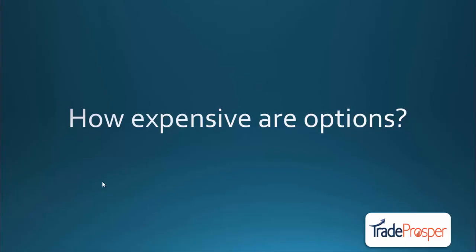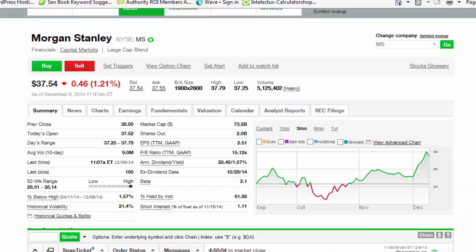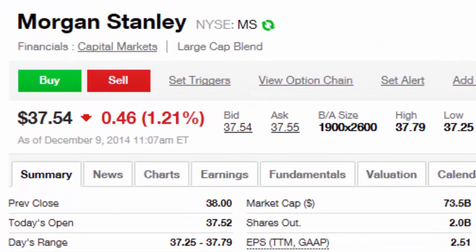All right, so I know your immediate question is, how much premium is it going to be exactly? Now, the example we used in this case is Barrick Gold, and rather than trying to scroll back in time to match the option prices exactly to this scenario, to see how it would have worked, I just took a current scenario and I looked for a share that's kind of in the same price range. So I found Morgan Stanley, currently trading at around $37.50. And we'll use that as an example just to see how much options cost.